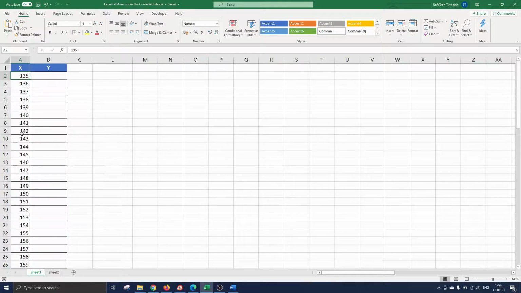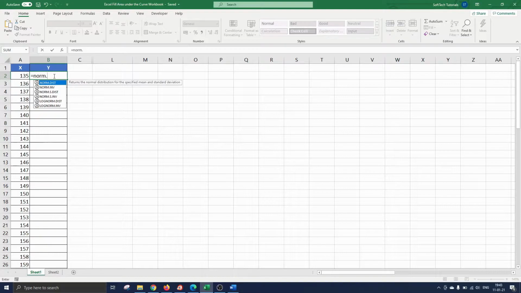Let's insert the y values now. Here we want to create a normal distribution, so we will make use of the NORM.DIST function in Excel. We click on cell B2, where we insert the first value from the normal distribution. We type NORM.DIST of our x value. The mean of our observations is 171 and the standard deviation is 8. The final element in this function should indicate whether you are interested in a probability or cumulative distribution function. In this case, we are interested in the probability function, so we type false as a last argument in the